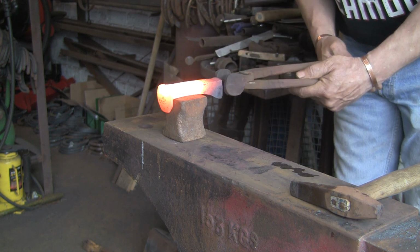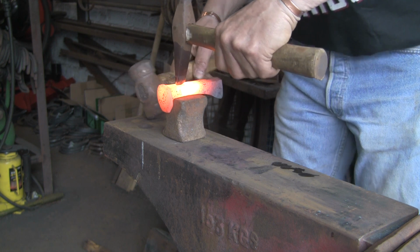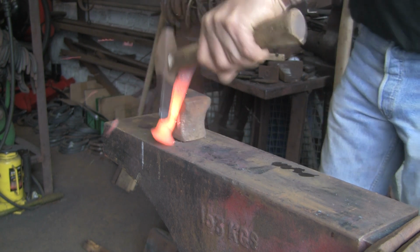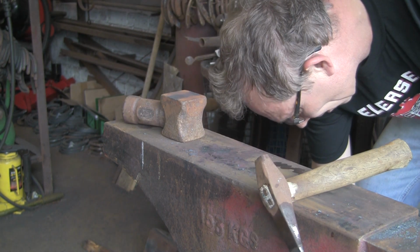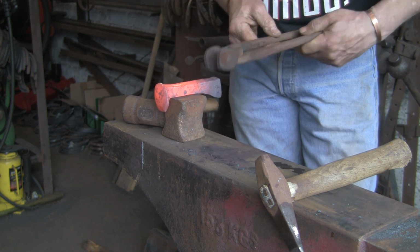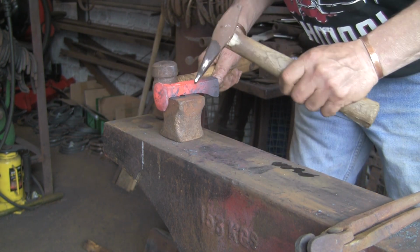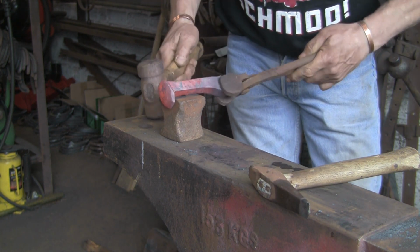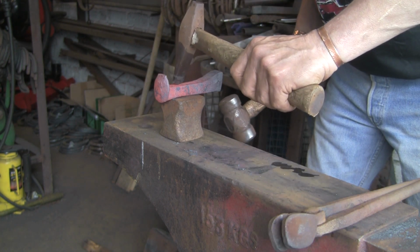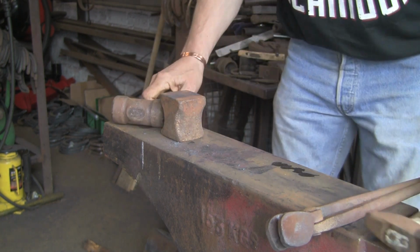So I've got it nice and warm. I'm going to try and get this in the middle, so I'm going to give it a little tap first and just check it. And it's not square, so you might have noticed I eased it over a little bit. See, I'm holding it not upright because it's not in the centre. So I think what we'll do is go from the other side, and try and even it up. So if I get it right on this side, by the time we get through to the other side,